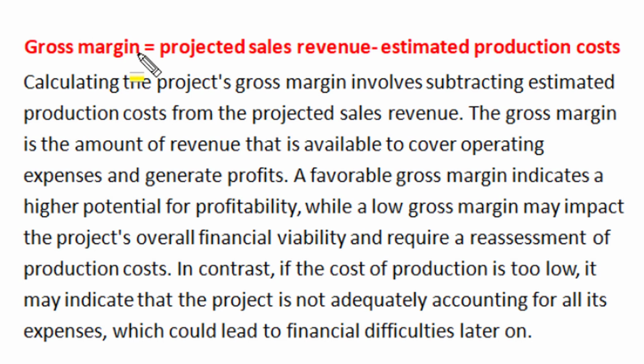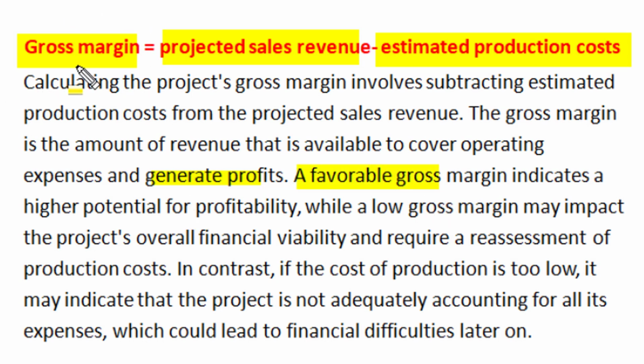For the study of financial viability of any project, the calculation of gross margin is very important, and for calculating project gross margin, we have to subtract estimated production cost from projected sales revenue, and the difference of the two, sales revenue and production cost, becomes our gross margin. This gross margin is the amount of revenue that is available to cover operating expenses and to generate profits and dividends to shareholders. A favorable gross margin, a higher amount of gross margin, indicates a higher potential for profitability of the